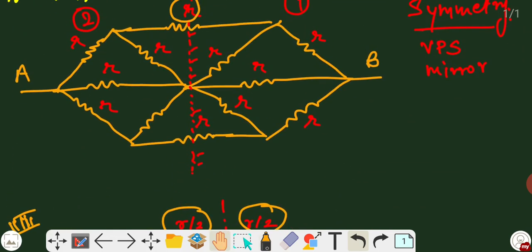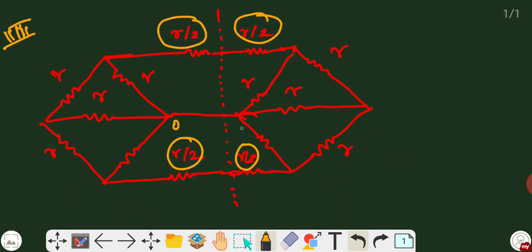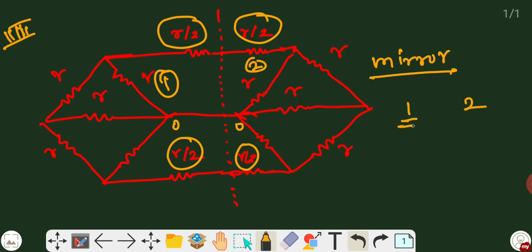Second point: at this point, let us consider it as O. It means both the branches are meeting at the same point, so I have denoted this point O like that. Is it clear? So now you can see easily that it is a mirror symmetry very clearly. Okay, so now let us solve one half of this portion. When one half of the portion is solved, you can get both the values of the resistance, and depending upon whether they are parallel or series, we will add the equivalent resistances.